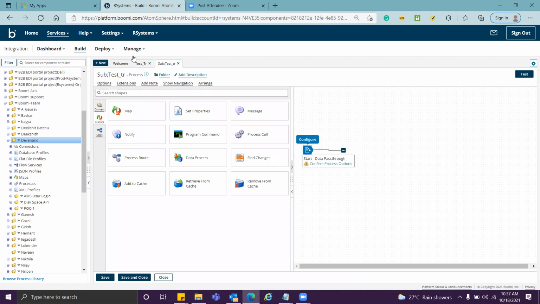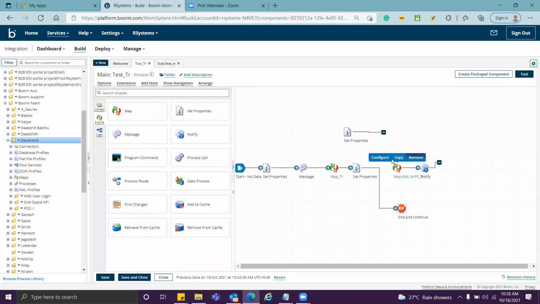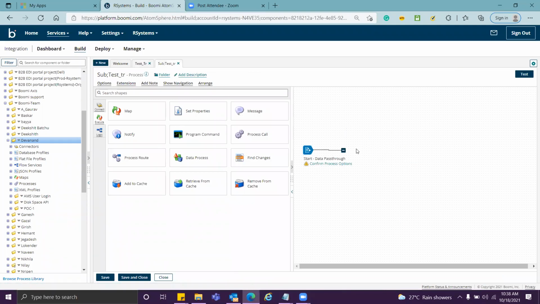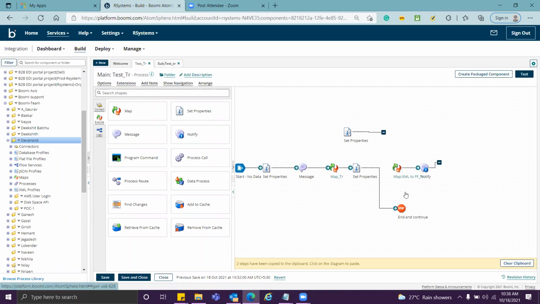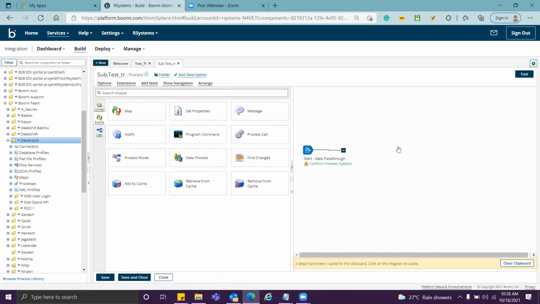Then what I want to do here is map my XML into a flat file. I copy it and paste it here.